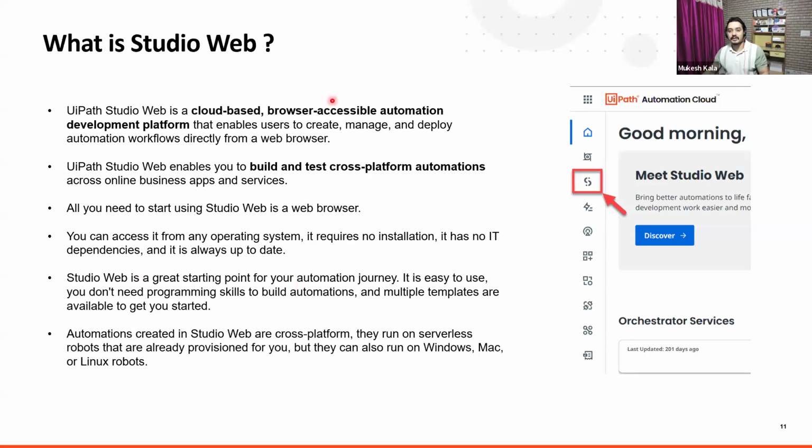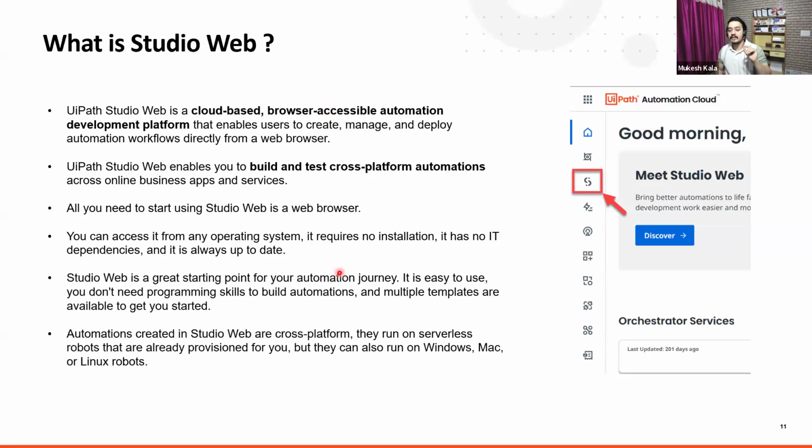Answer to somebody who was asking, right? How different it is from writing code. For code, you need coding experience. Here, you don't need any coding experience. You just know what you have to do. It has a lot of AI features. You would be mind blown when I actually show it to you. But yes, it does not need any programming skill. It is absolutely low code, right?